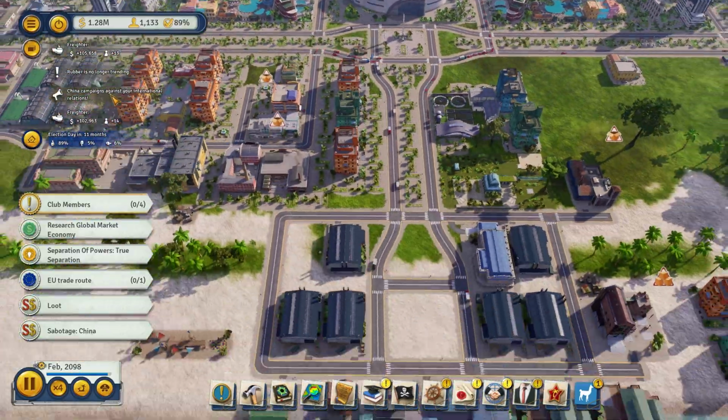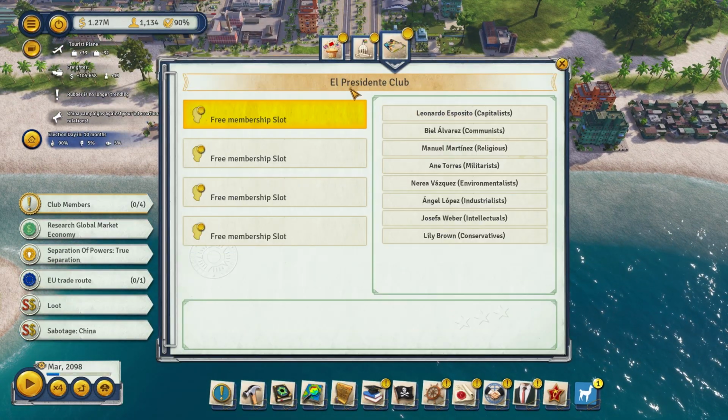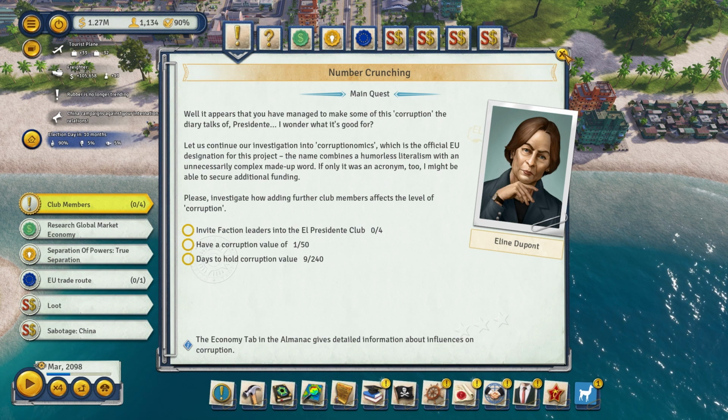It's China campaigns against international relationships. How about China goes and fuck itself? Club members produce corruption. Yeah, you don't say! Tell me something I don't know. Crap, this is going to be...